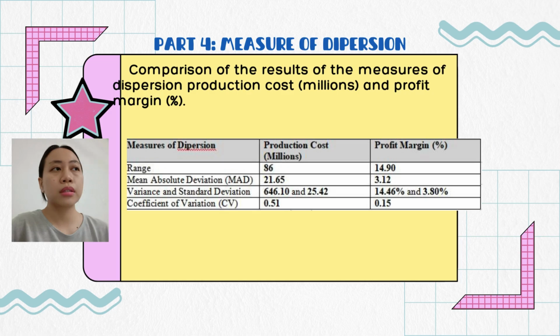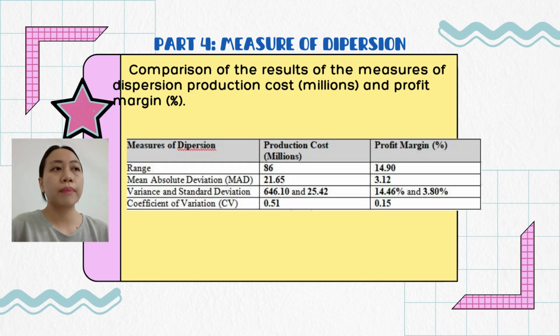The variance and standard deviation also highlight this difference, with production costs having significantly higher dispersion, which is variance 646.10, standard deviation 25.42, then profit margin variance 14.46% and standard deviation